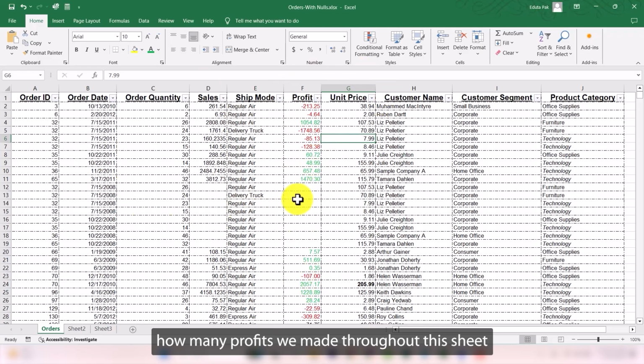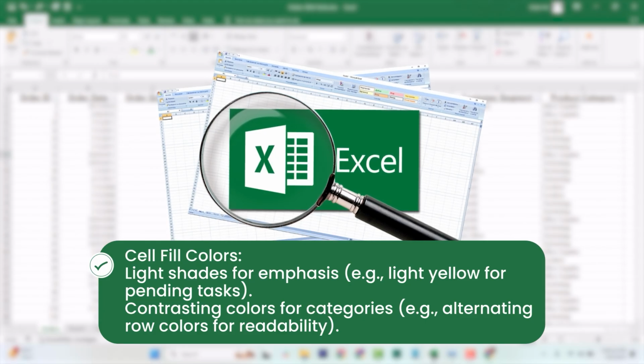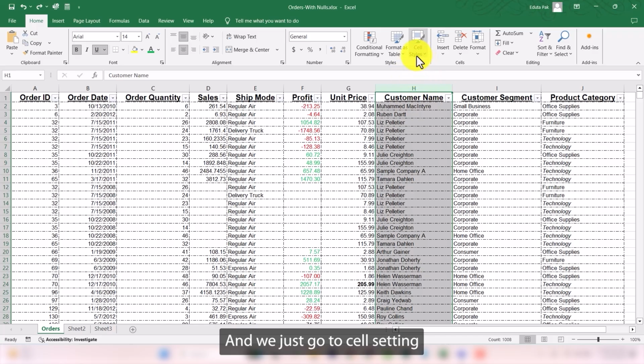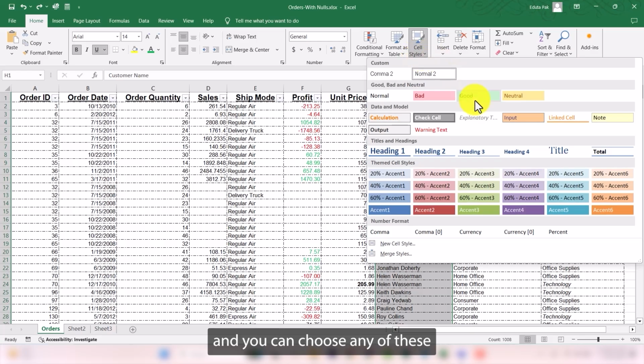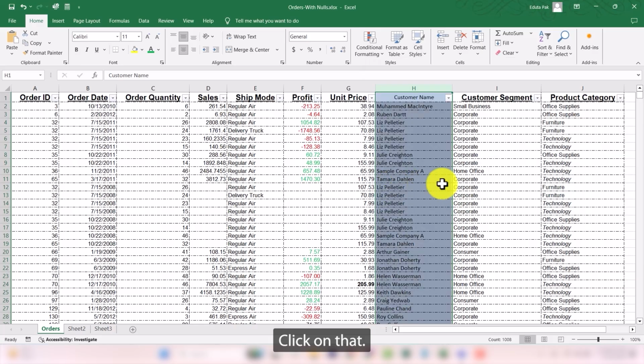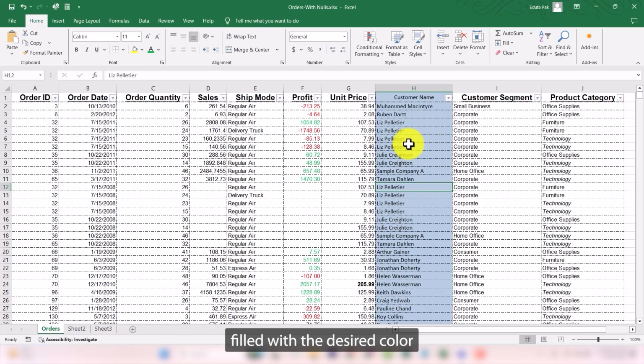Cell fill colors. Light shades for emphasis, for example light yellow for pending tasks, contrasting colors for categories, for example alternating row colors for readability. For example, I just want this column, or you can just select on H as well, and we just go to cell setting and we'll just go to this cell style, and you can choose any of these. For example, I just want to go with this one, which is ice blue. Click on that and this column has been filled with the desired color,